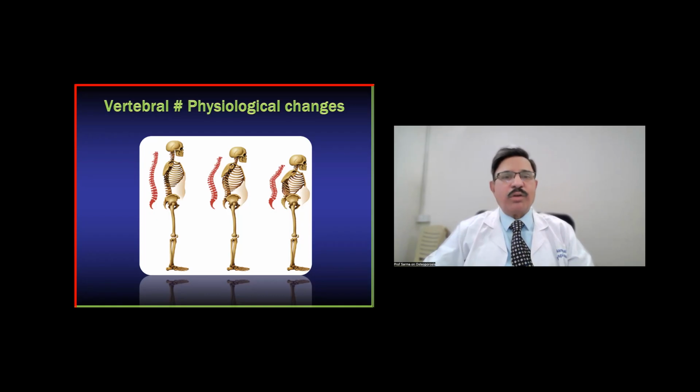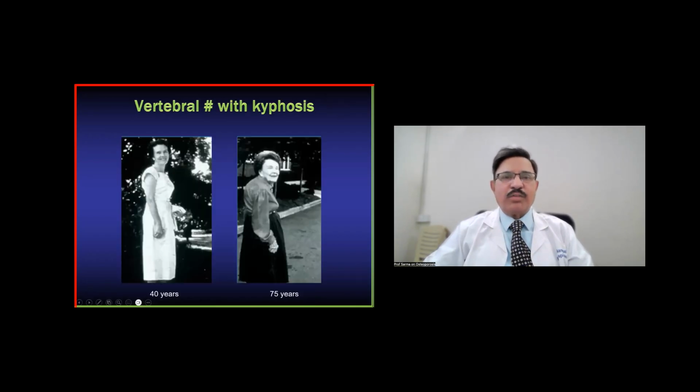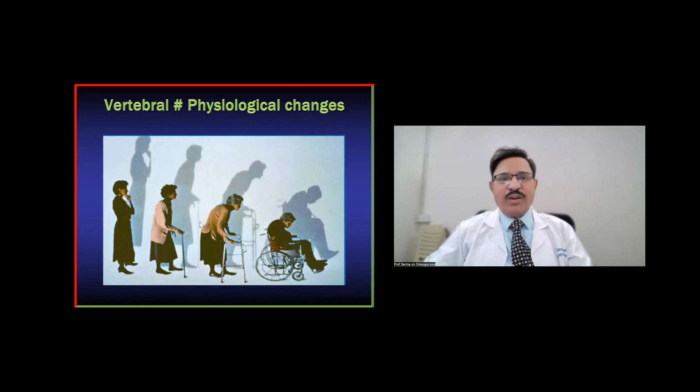The way in which you carve your life is very essential. Look at that wonderful lady at 40 years, how erect and nice, smiling. That same lady at 75 years, how she is. All of us will be like that. The time is waiting for us to transform our bodies like that. No doubt about it. But then you'll look ever young. You don't require to think that you are old at all. You see, wonderful lady. Then they started having one stick, then the support of 4 legs plus 2 legs, 6 legs. Then finally,